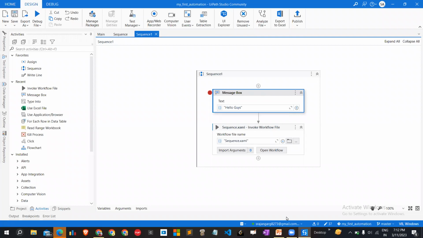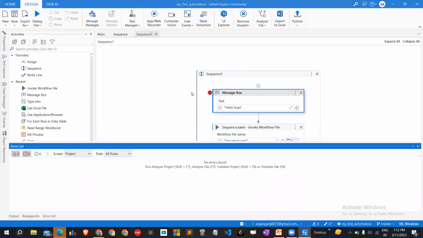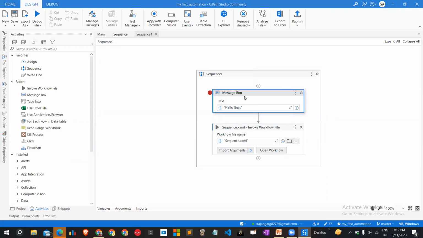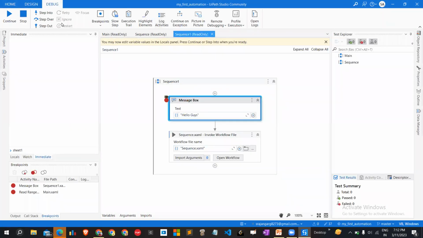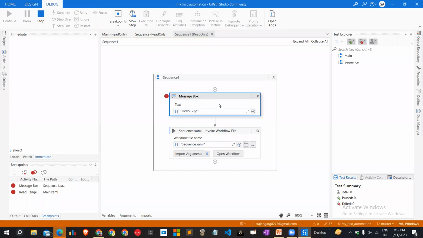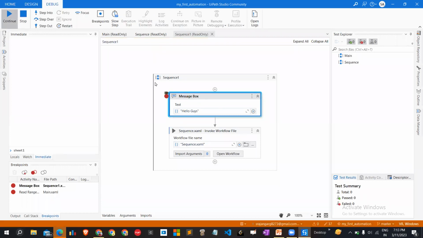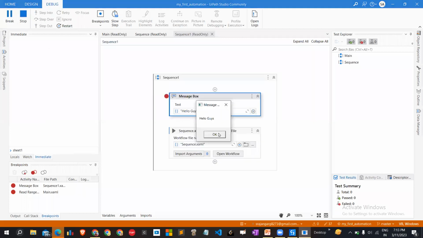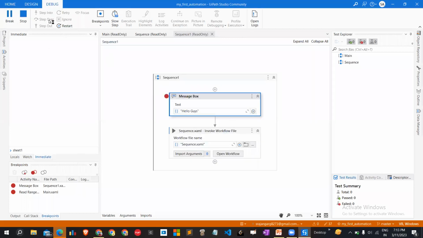So run from this activity. There is an option run from this activity. I'm running. If I use that option, then it will start the debug process. So yeah, you guys can see step into, step over, and step out. These are three basic options. So step into is something like, let me just show, continue here. So the message box should display a message. Yeah, hello guys. It is displaying the message, and after that